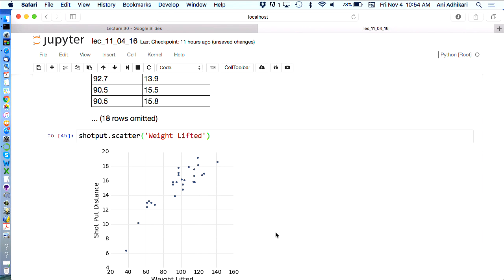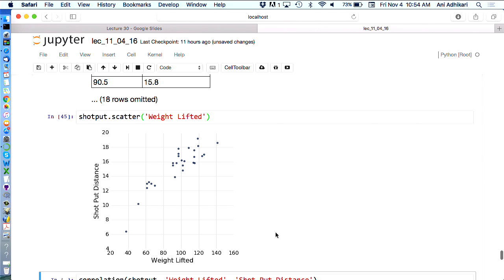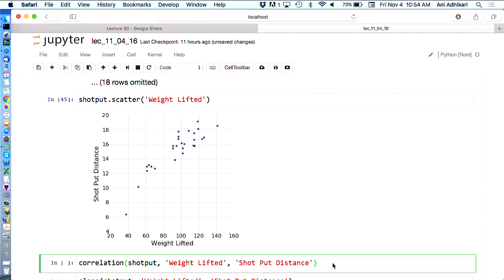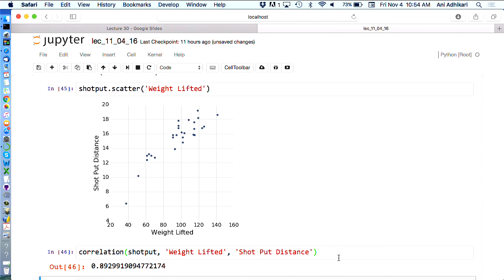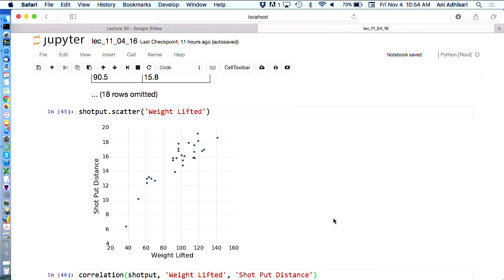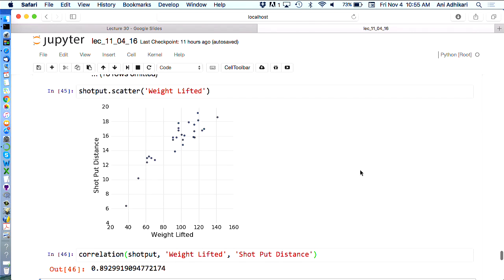Okay, so we're going to look at that diagram. It's tempting to fit a line. Did I do the correlation? Yeah, I did the correlation. Almost 0.9, pretty high. It's tempting to fit a line. We're going to fit a line, but I look at that and I see a curve. Do you see a curve? There's a kind of slight curve. If you bring a line straight through here, then these things are kind of tailing down. But we'll fit a line first. Shall we fit a line? We'll fit a line.